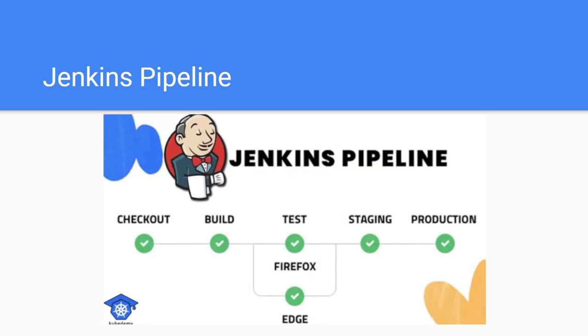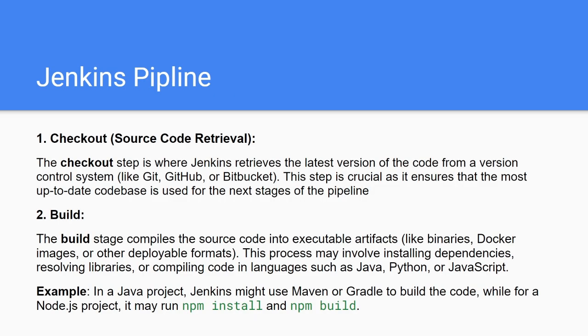Jenkins pipeline. First step, checkout. The checkout step is where Jenkins retrieves the latest version of code from a version control system like Git, GitHub, or Bitbucket. This step is crucial as it ensures that the most up-to-date code is used for the next stage of